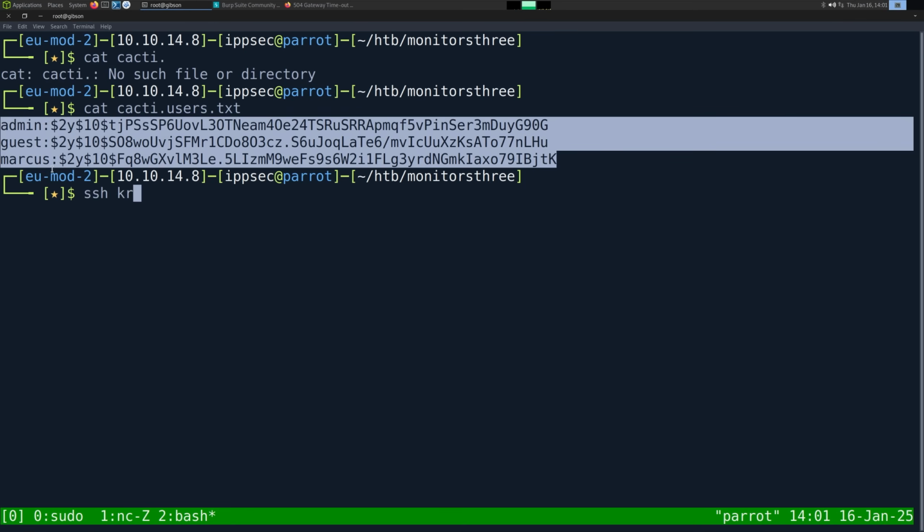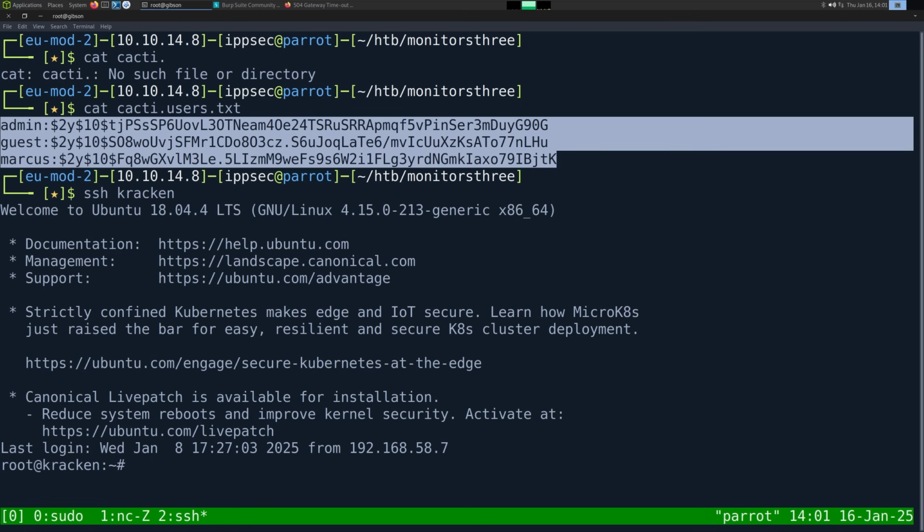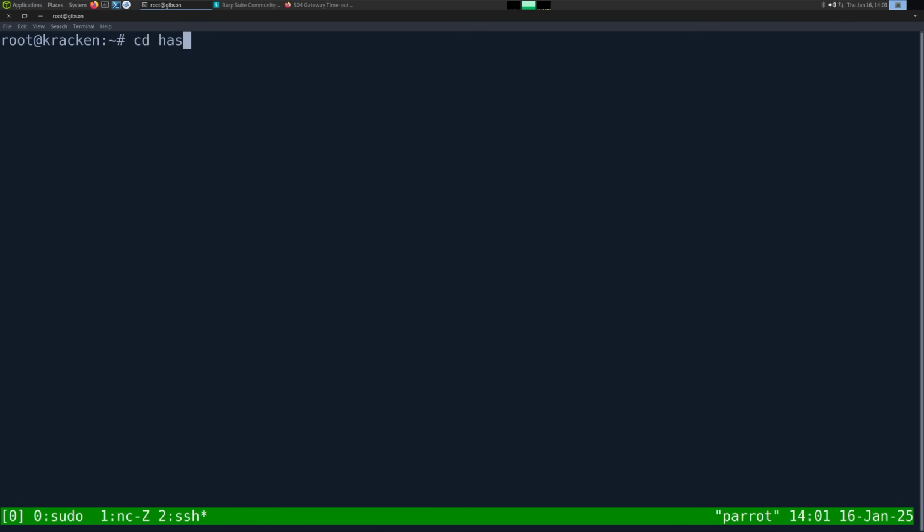And I always like running hashcat on a separate box, but you can run it on your host. The reason why I do it on a separate box is I'm recording the video, and hashcat could make me drop frames and do things like that. So always keep that separated. So I'm going to do v hashes. I'm going to call this